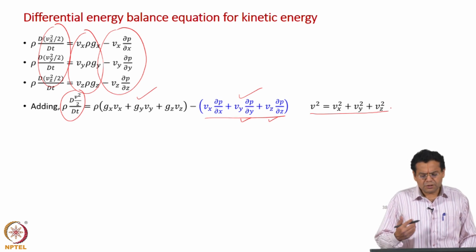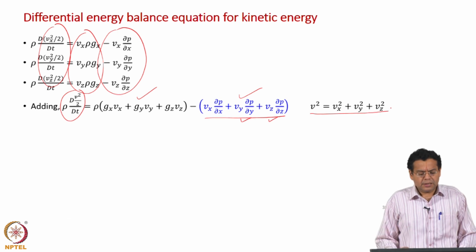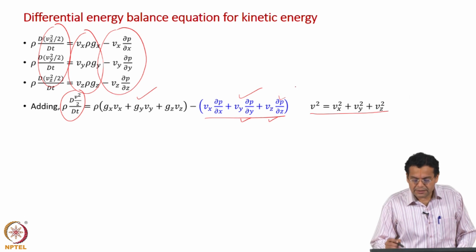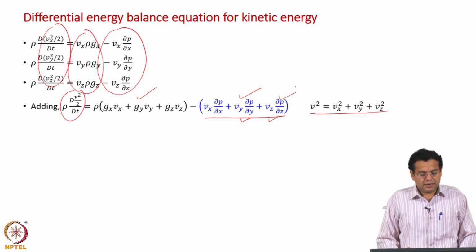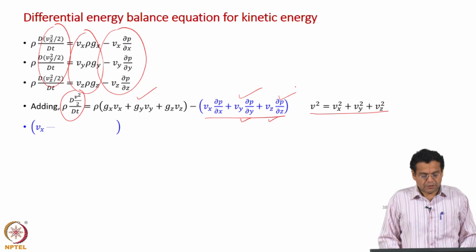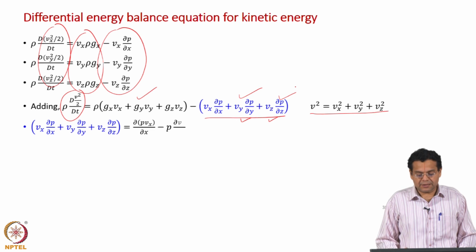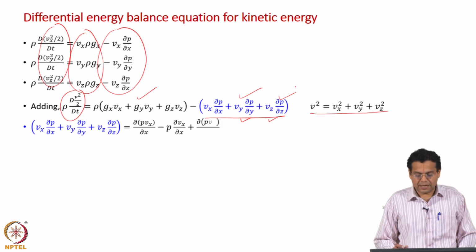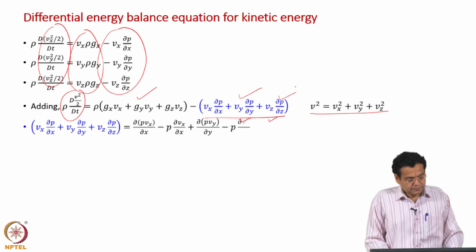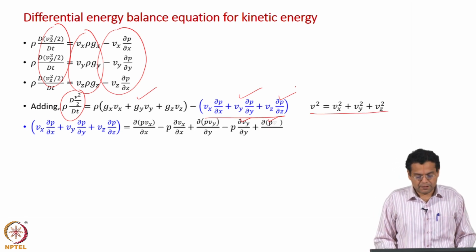Now, to proceed further and to make our derivation convenient, we will take this term and express it as a sum of two terms. What do we do? Take the term highlighted in blue and express it in a form which will be convenient for further steps in the derivation. Let us do that, and then I will explain what we have done. Of course, it should be obvious to you if you look at it.